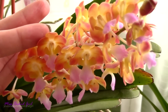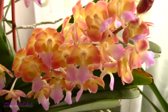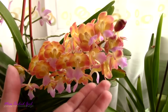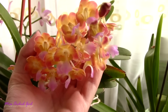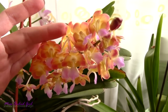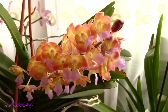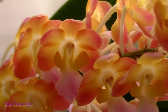The flower display is absolutely beautiful. Like the name suggests, it reminds me of a sunset. It has lovely shades of orange, yellow, and purple. And fragrance-wise, it has a lovely, flowery, fresh fragrance, not necessarily sweet or lemony or anything of the sorts. It is pretty subtle, but pretty noticeable, so it's just perfect for those of you who do have some issues with very strong fragrances. It is again a daytime fragrant orchid,